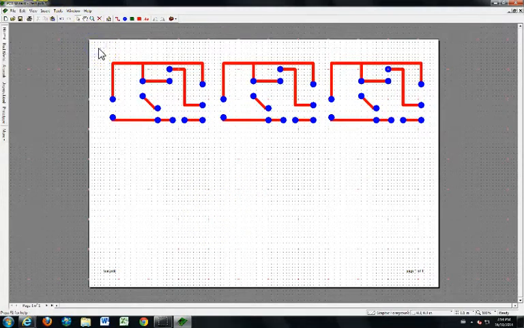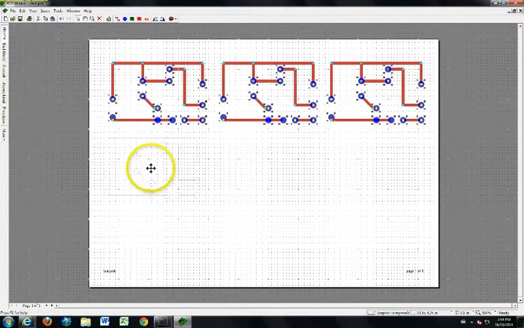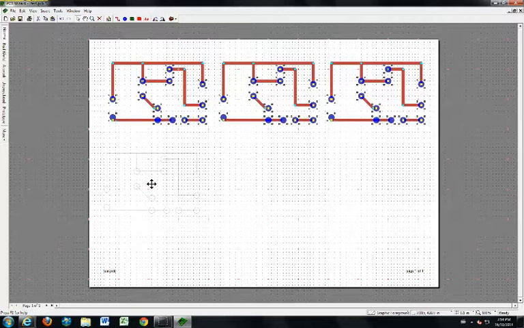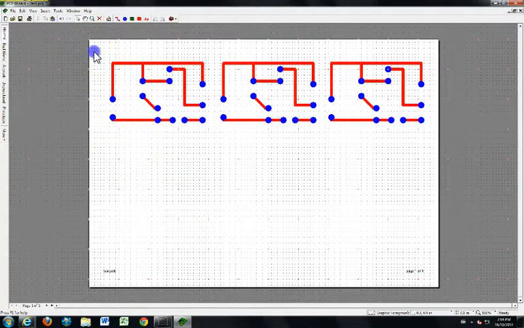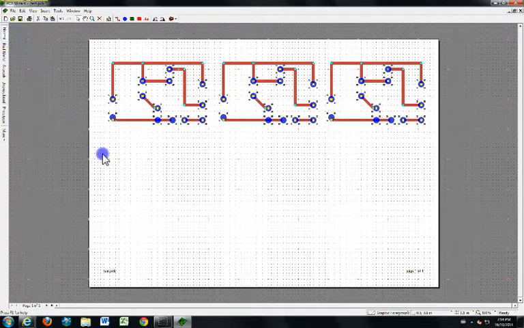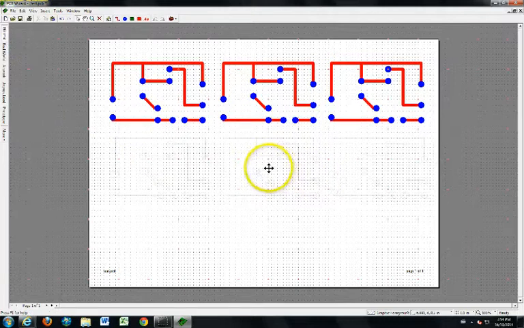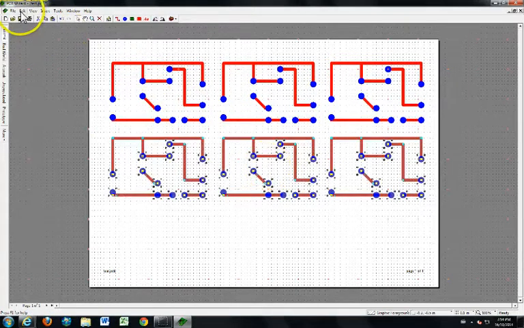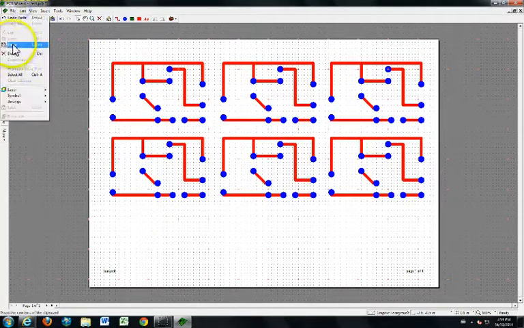There's actually an easier way. I'm going to select everything and go Edit, Paste. Sorry. I'm going to select everything, have everything selected, and go Copy, select off it, go Edit, Paste, and bring it in 3 times. And I'm just working more efficiently now, right? Didn't take as long. Edit, Paste again,